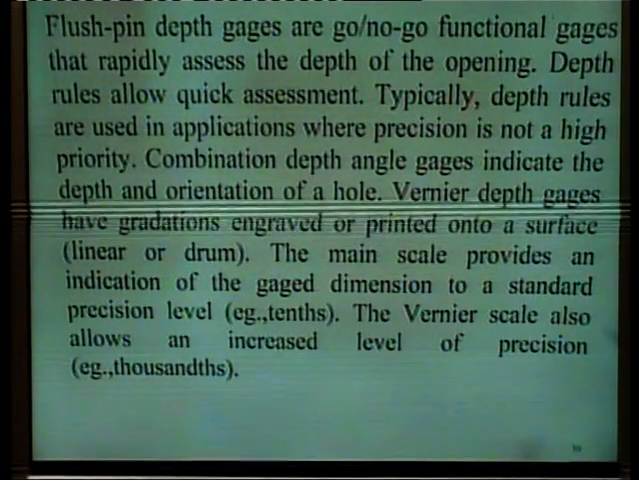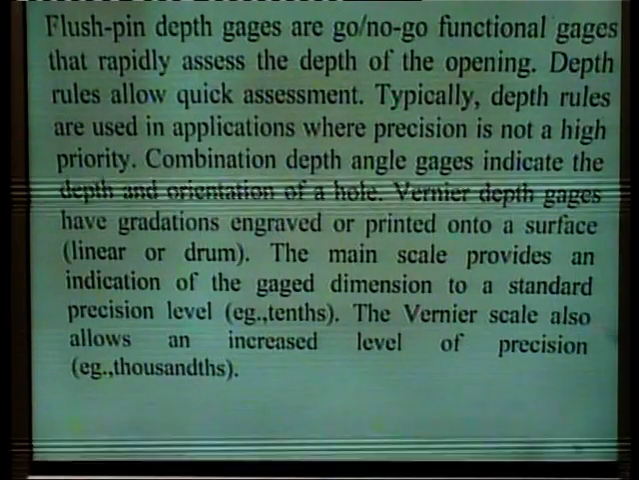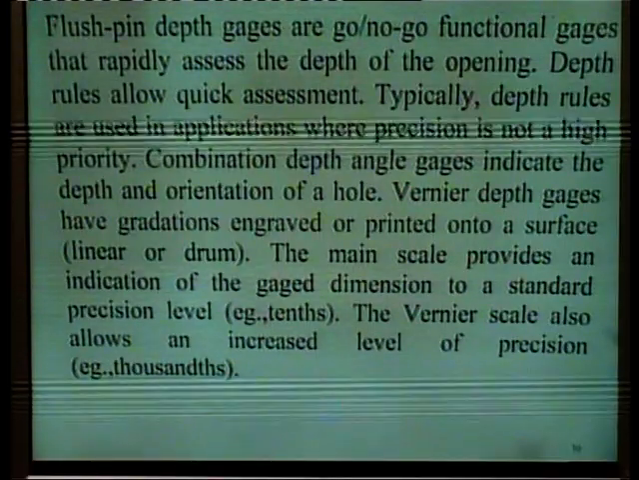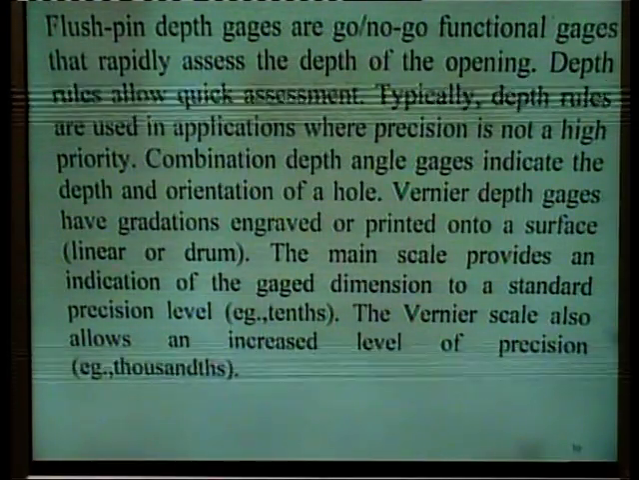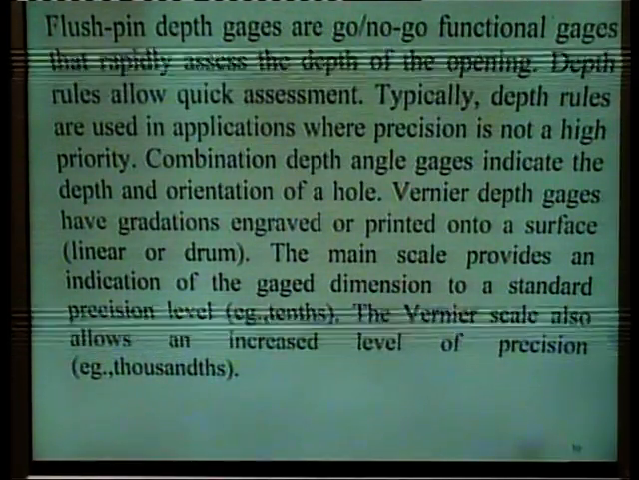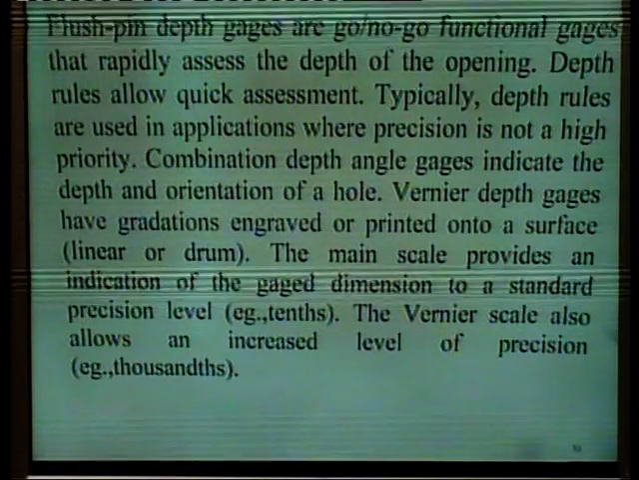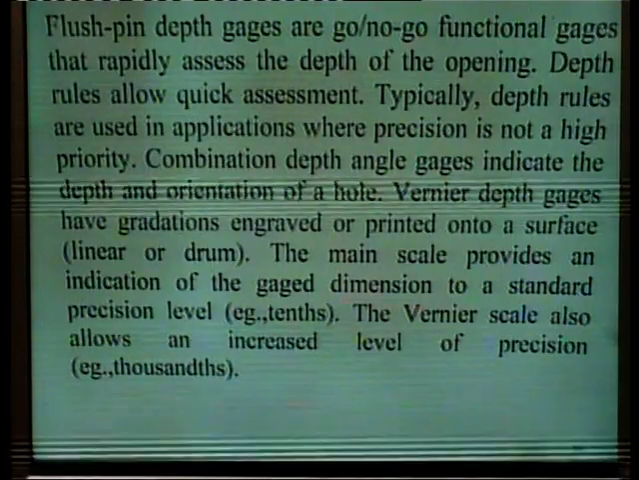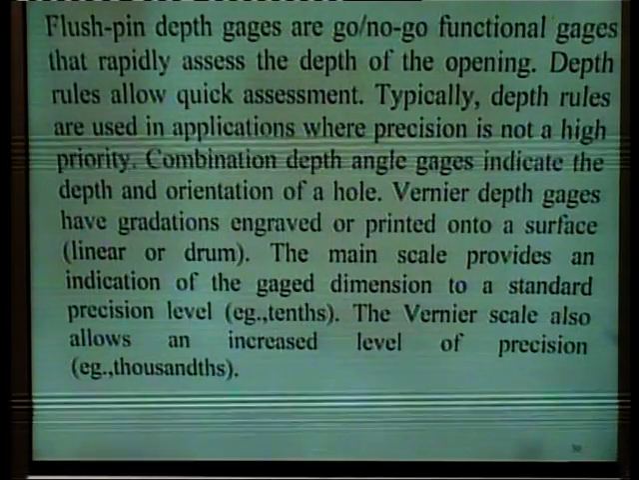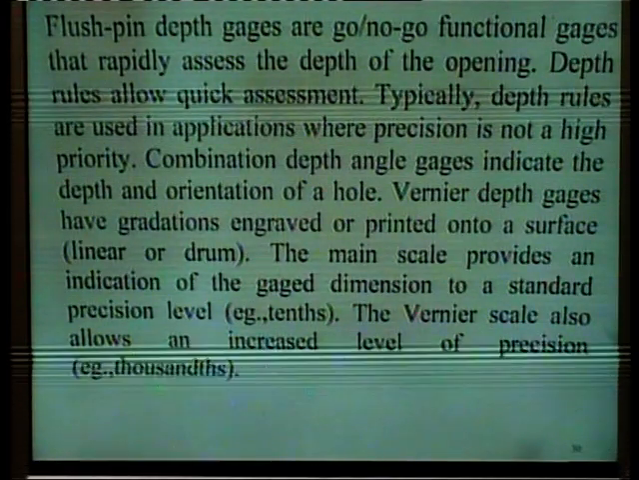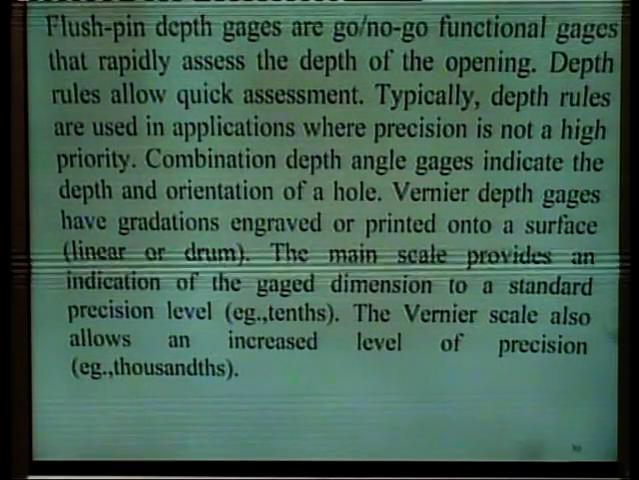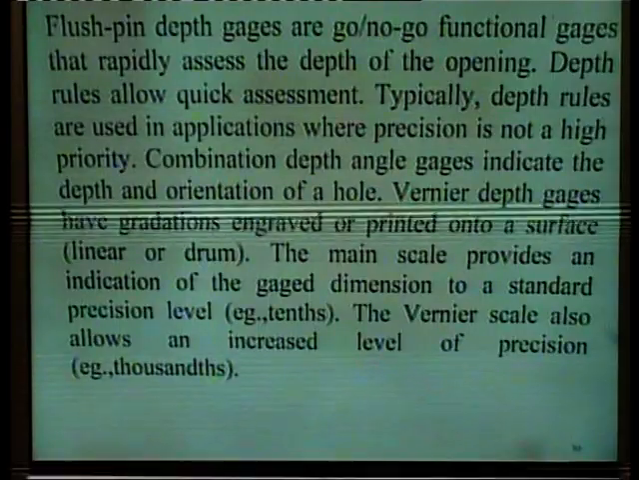Vernier depth gauges have graduations engraved or printed into a surface. The surface may be linear or drum. The main scale provides an indication of the gauge dimensions to a standard precision level, for example, tenths. The Vernier scale also allows an increased level of precision, for example,